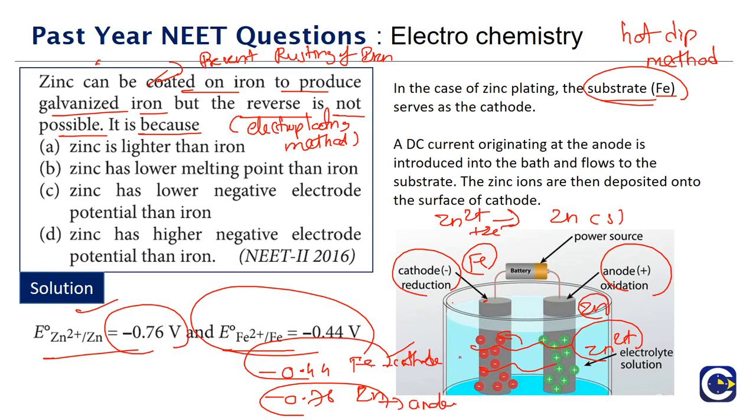If instead we want to use zinc as the cathode and iron as anode, it is not going to work, because zinc has a higher negative electrode potential than iron, so zinc will only be able to act as an anode, and iron will only be able to act as a cathode. That is the reason why reversing this is not possible. So when you look at this question, what we need to keep in mind is, this question is asked in the context of electrochemistry. Otherwise, generally speaking, can we form a coating of iron on the surface of zinc? Means we can coat.